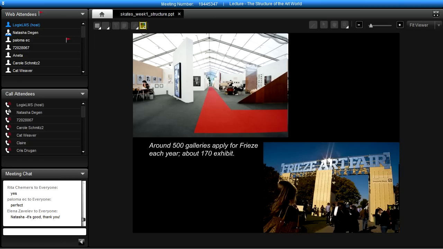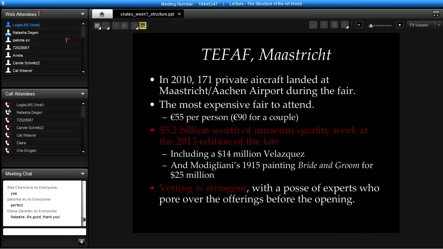Another prominent fair is Frieze, which is London's top contemporary art fair, but as of 2012 has expanded. So not only has it launched Frieze Masters, which is held at the same time as the Frieze Contemporary Fair in London, and focuses on art that was made before 2000, from antiquities to 20th century art and decorative art. It has also launched an event in 2012 in New York.